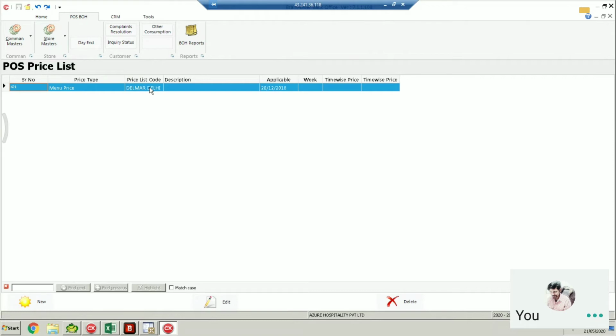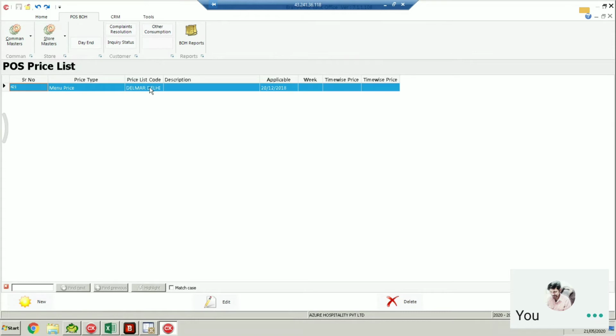Correct. Okay, so even if you say that the delivery pricing running in the restaurant, I want to add some more margin into the delivery pricing and display it on the portal, then what we can do is create one more price list head for Zomato or for an online aggregator. Now, if you decide to go for different pricing on the Zomato portal and different pricing for Swiggy, that is also possible.